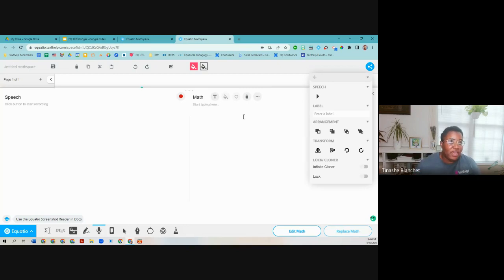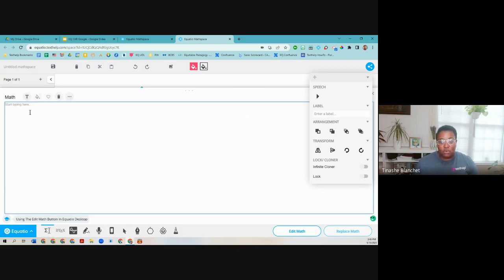And sometimes you may have students who are not good at writing, but they can type. And so you saw how I was able to type in that equation as well. And there are lots of little shortcuts and prediction items that they can use. So I want to go back. For your students who are taking more advanced math courses, they can use prediction to put things in as well. So if I type in the word quadratic, for example, look at how it brings up the quadratic formula for me. This is also a really great feature for students who have the specific accommodation that they need to be provided with a formula sheet when they take a test.